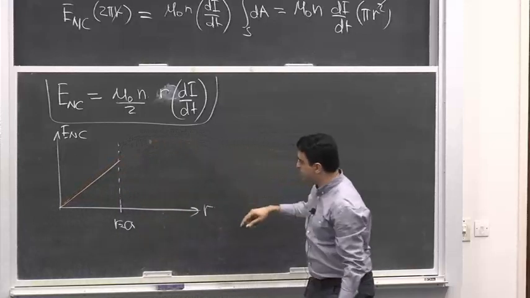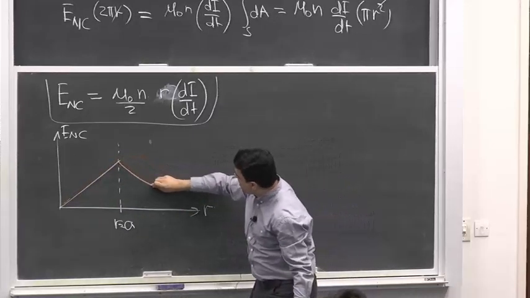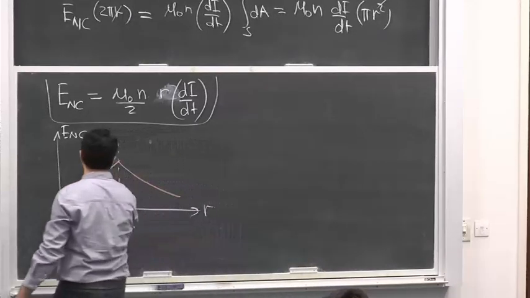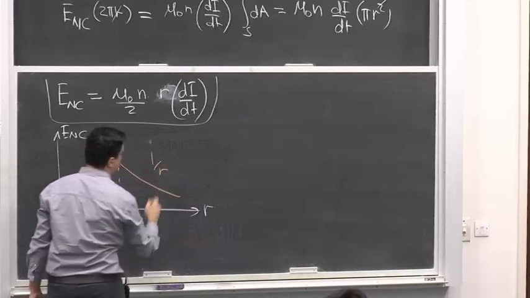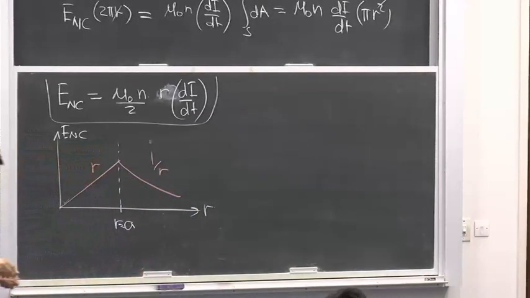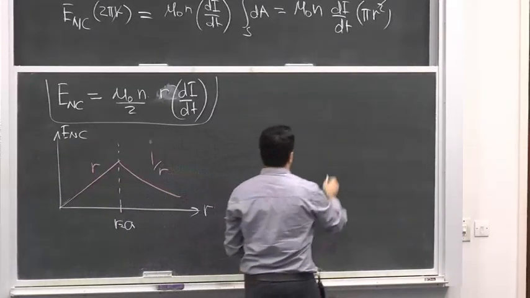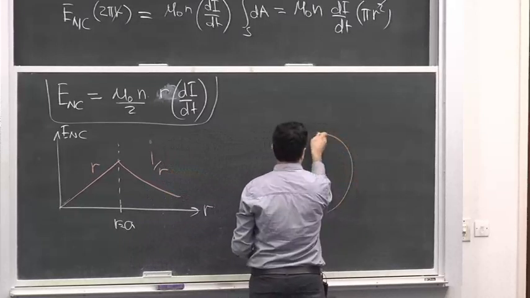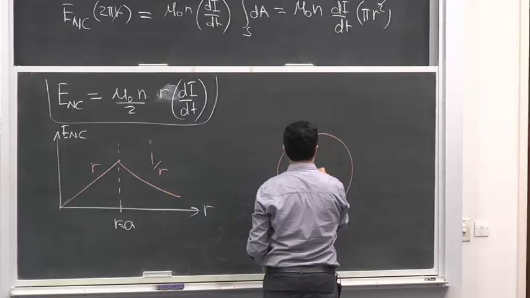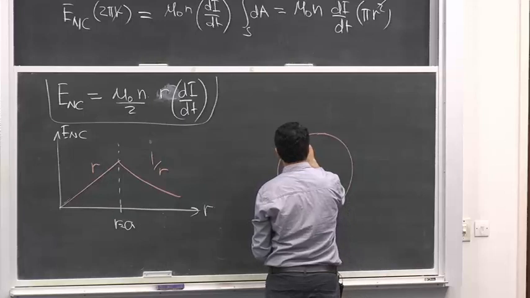And if you go out, it would drop with 1 over r, so you have r dependence here and 1 over r dependence here. So let's say this is your solenoid with a certain radius a,